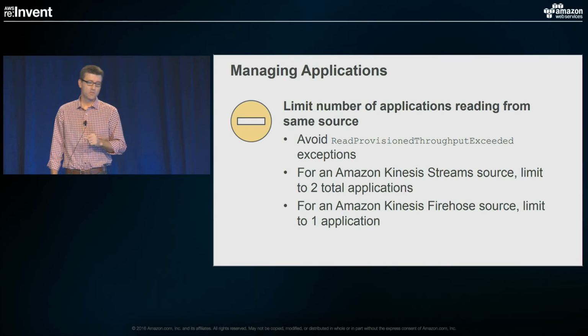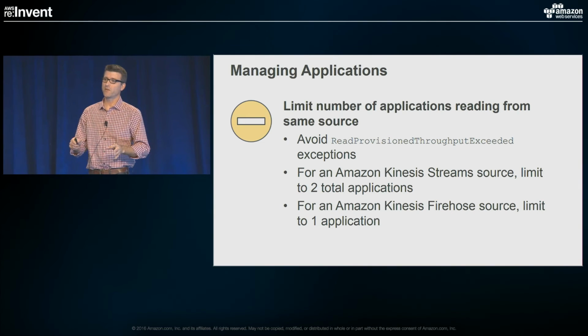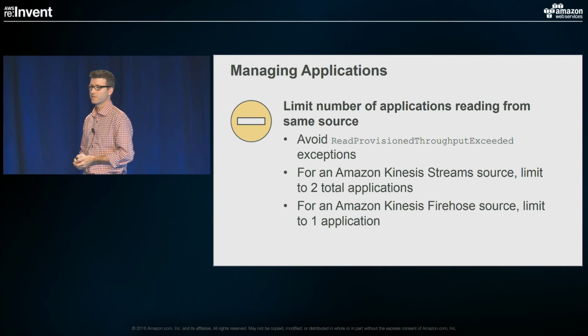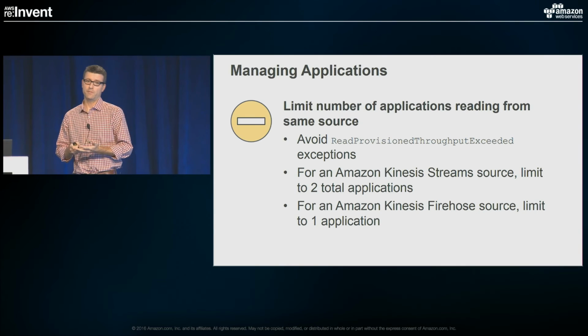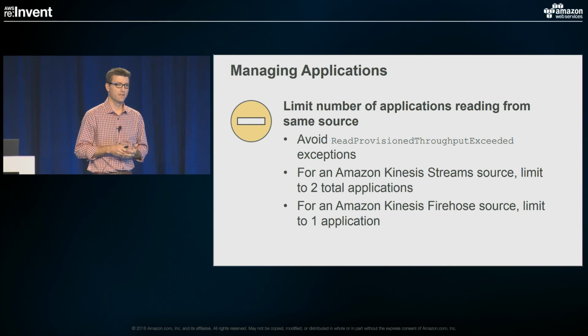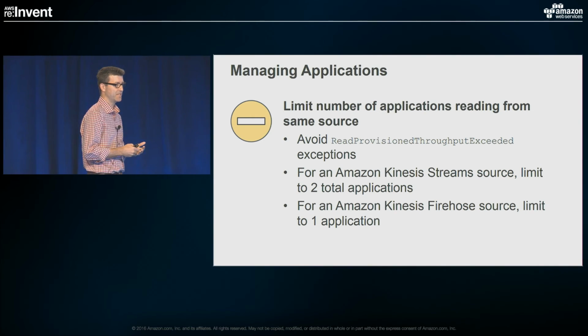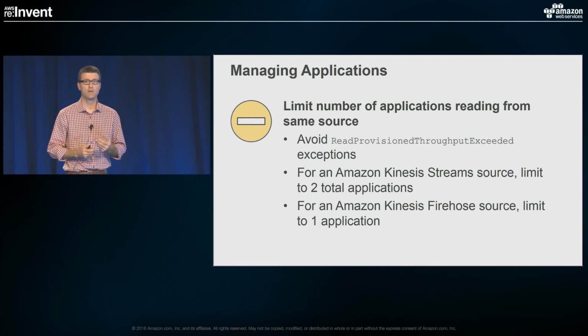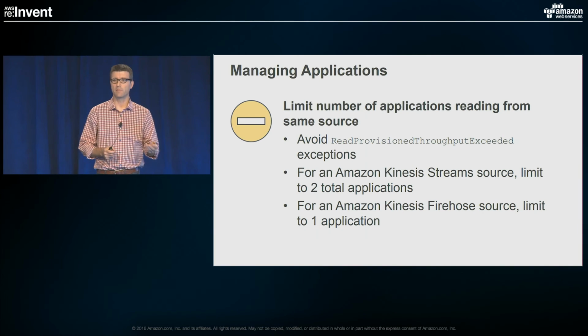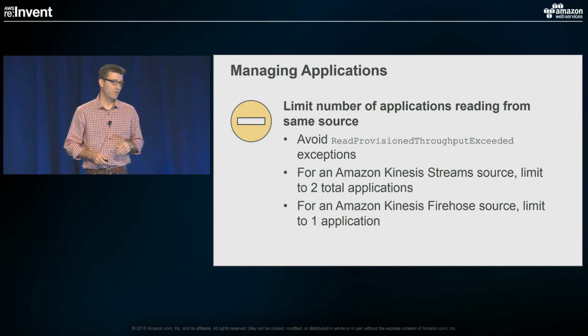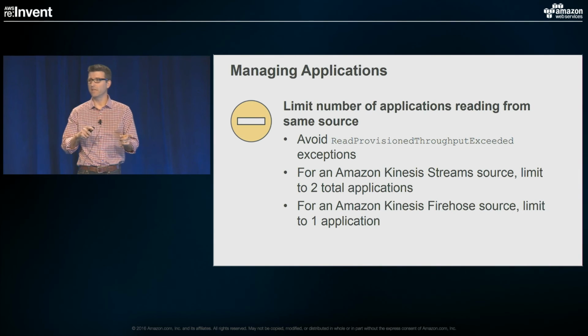Limit the number of applications reading from the same source. So this isn't necessarily a limitation of Kinesis Analytics, but if you're familiar, or even if you're not familiar with Kinesis Streams or Kinesis Firehose, Kinesis Streams has egress limits. 5 transactions per second can come out of a Kinesis stream, or 2 megabytes per second can come out of a Kinesis stream. So if you have a Kinesis Analytics app that you've written to do analysis on the data in that stream,